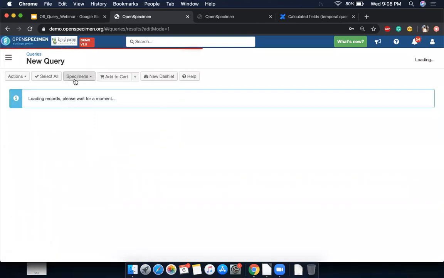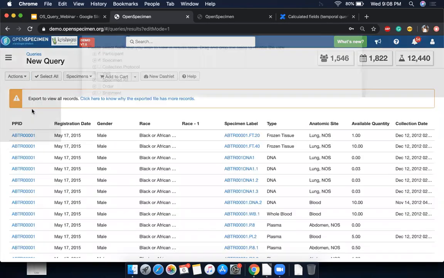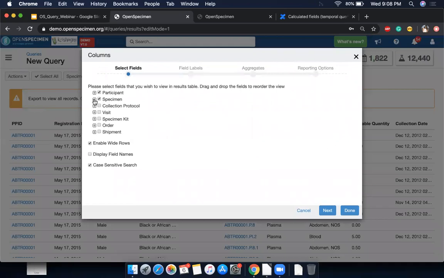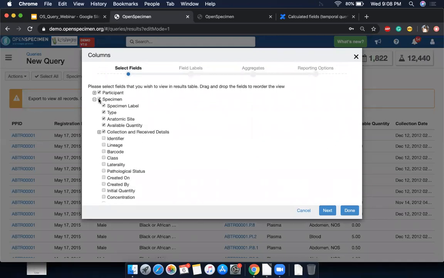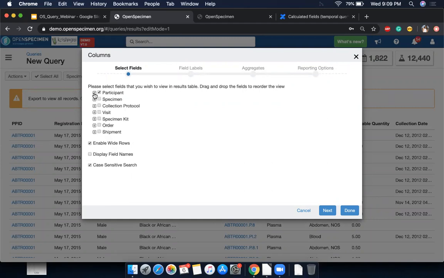So I'll say view records. This is going to give me raw data, which I don't want. So I'll go to columns, and I'm going to remove all the columns that I don't need. I don't need any specimen columns in my results. I just want to see patient and by gender. To keep it simple, I'm keeping it to 2 columns.